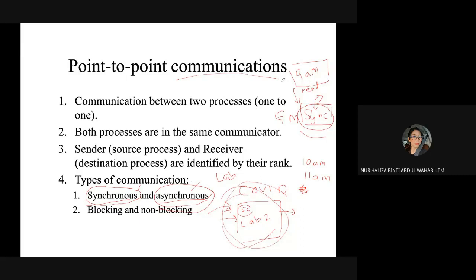You get my message through here. But when you have unsynchronized, maybe you have a delay, maybe you did not open it. So at any time you can open it, maybe even at 10 p.m. So it is not synchronized. You open it at a different time.